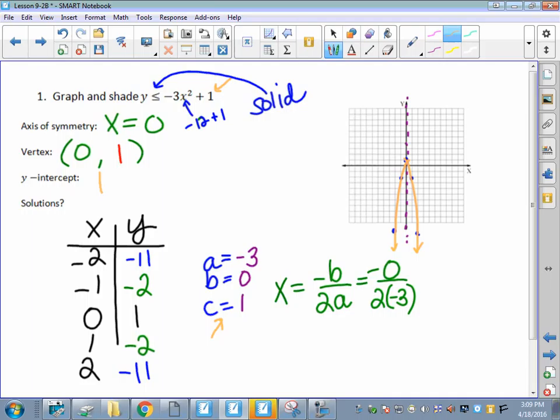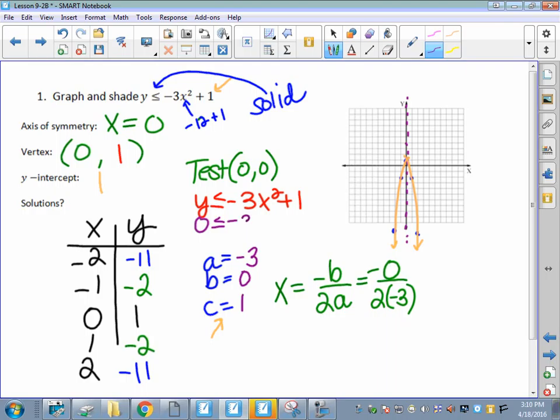And now I'm going to do the last step, which is shading. Does my parabola touch 0, 0? Can I use 0, 0? I can, right? Because my vertex is at 0, 1. And it's kind of hard to see on here, but 0, 0 really is right in the middle of that parabola. So if I test 0, 0, I'm going to put a 0 in for the y. Actually, why don't I just write this and then we can put those in there. So y is less than or equal to -3x squared plus 1. When I put a 0 in for the y, a 0 in for the x,